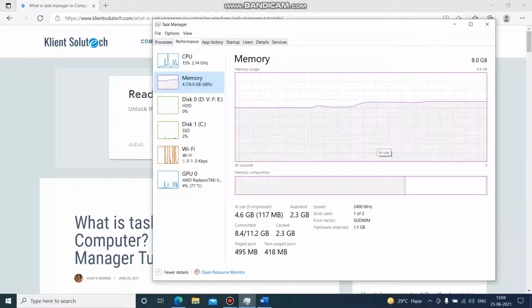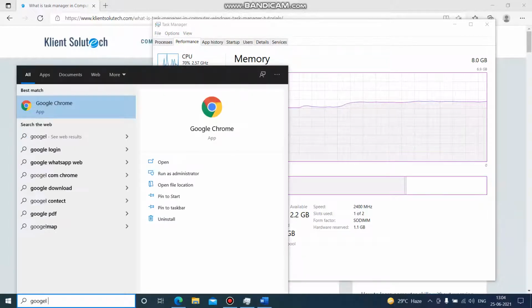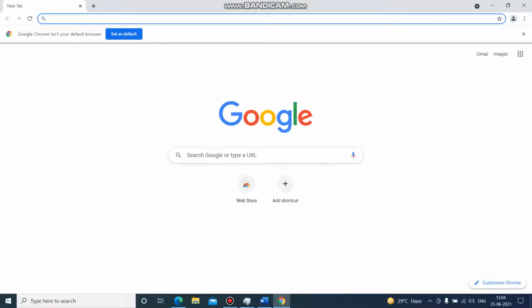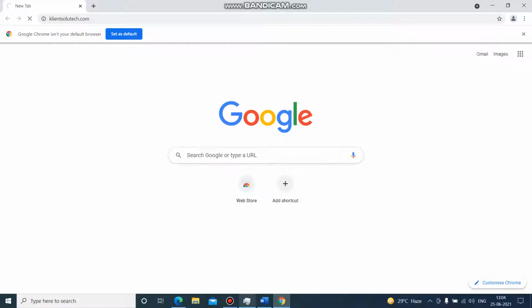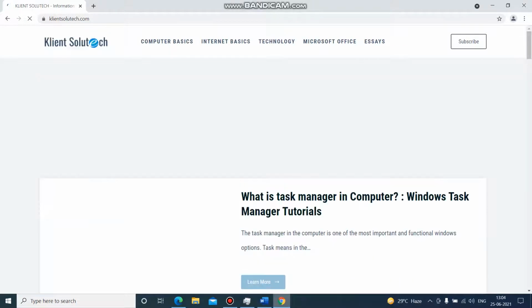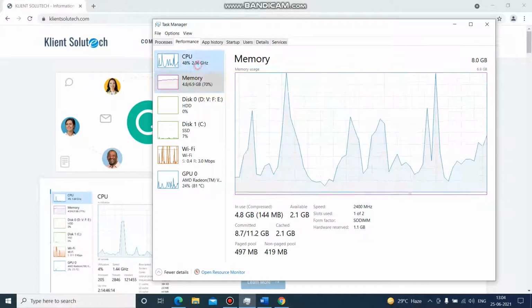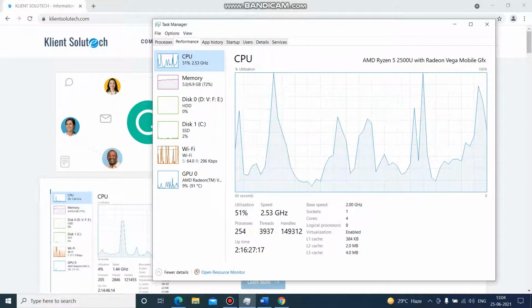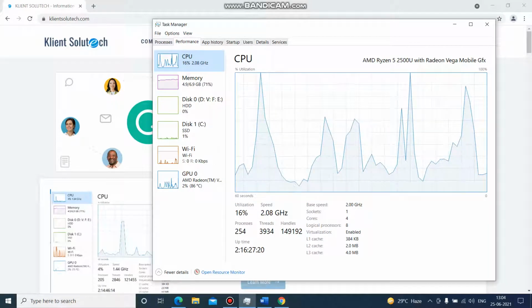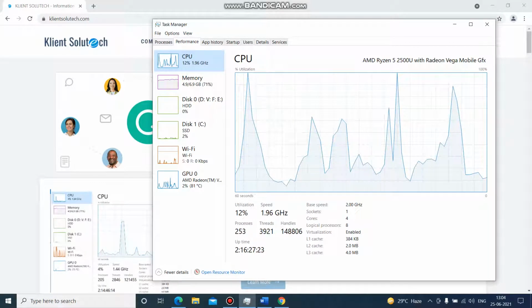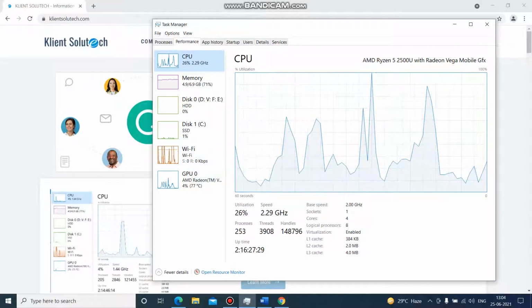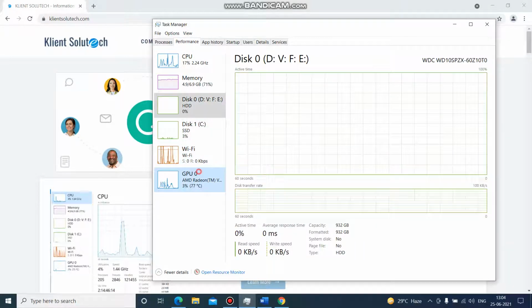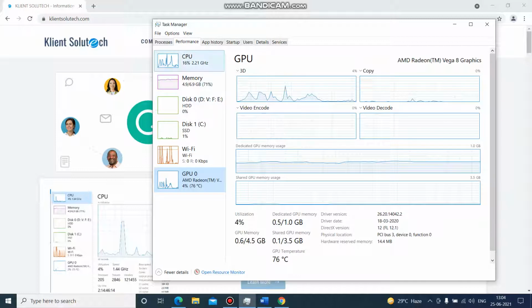You can see the line is going up, and if I open another application, let's open Google Chrome and another website or any other program. Now the CPU is consuming 15%, 51, and it was 80%. And with the speed, every detail of the physical components installed in your computer that are running currently, your Wi-Fi, SSD, and your graphics, every detail of the performance of your physical components of the computer is here.